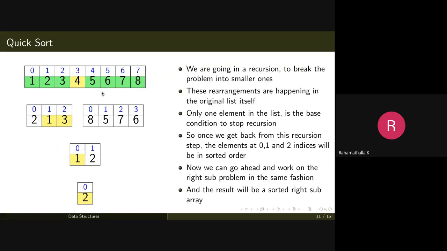So the idea is this: you select a pivot element. Initially it was 4. Once the pivot element is selected, you divide the problem into 2 and sort these two subproblems separately. Separately in the sense, you'll be applying the same partition logic again and again till we reach the base condition. Once you reach the base condition, the recursion will roll back, and once all the recursion for this problem is complete, the elements will be in the sorted order.